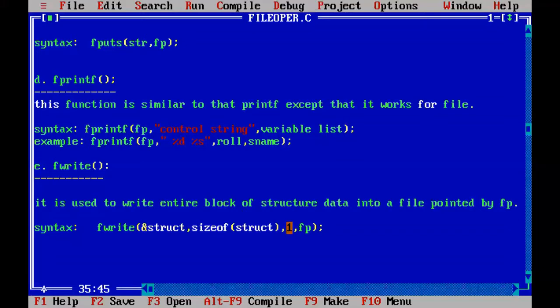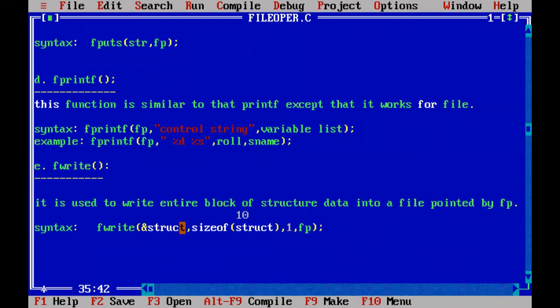For example, if it is a 2, that means this much size. For example, it contains 10 bytes of data, and 2 we have written. First time it will read 10 bytes of data and store it into the FP. Second time it will read 10 bytes of data and store it into FP. But only one time is sufficient, so I'm writing here 1.